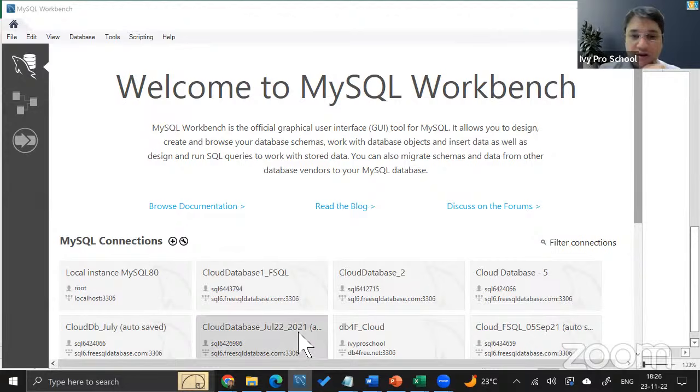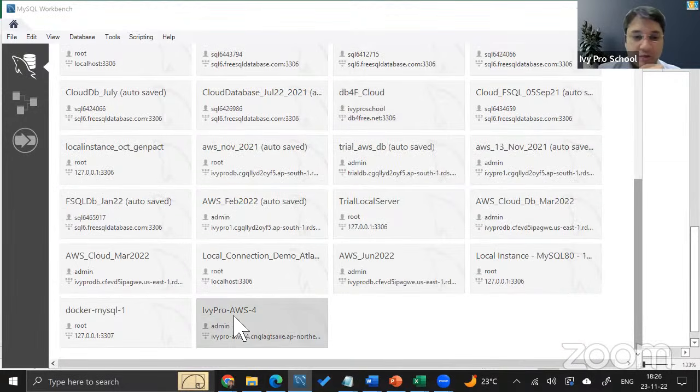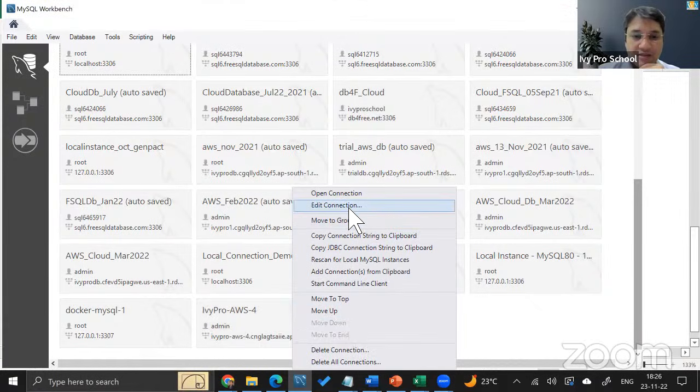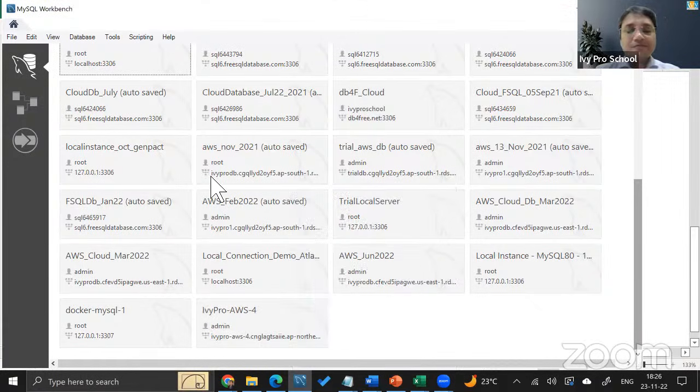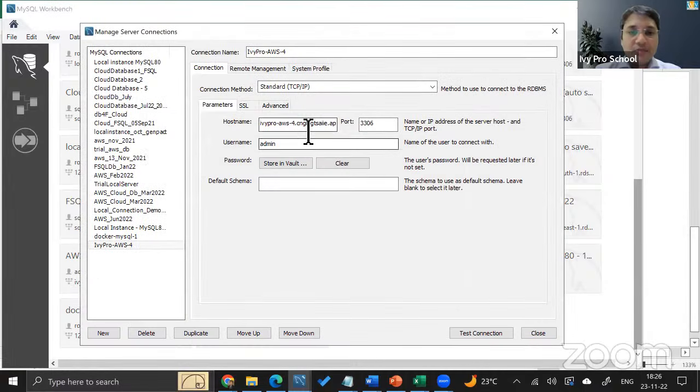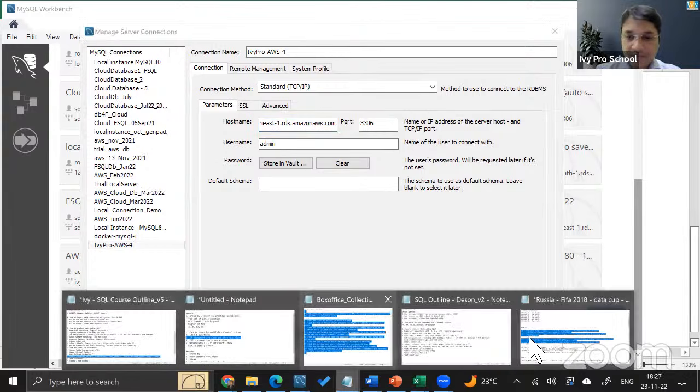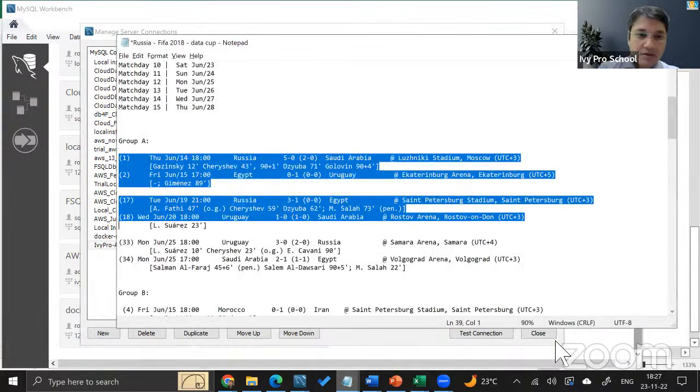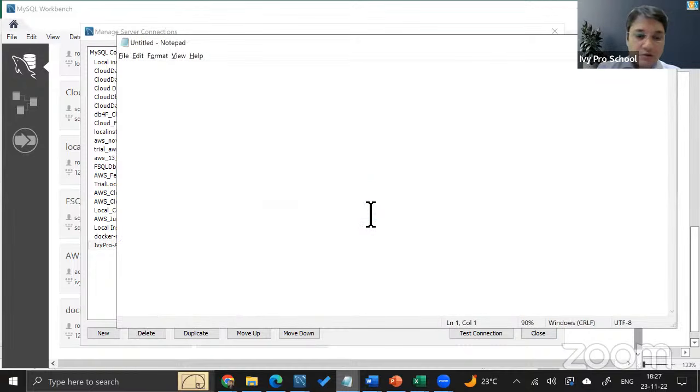As you can see, I've got a lot of connection files. So we will see how we can create a connection file. What I've done is that I've already created one connection file. I'll just copy a couple of things here. So this is the host name or the URL. I will just put it onto a notepad.